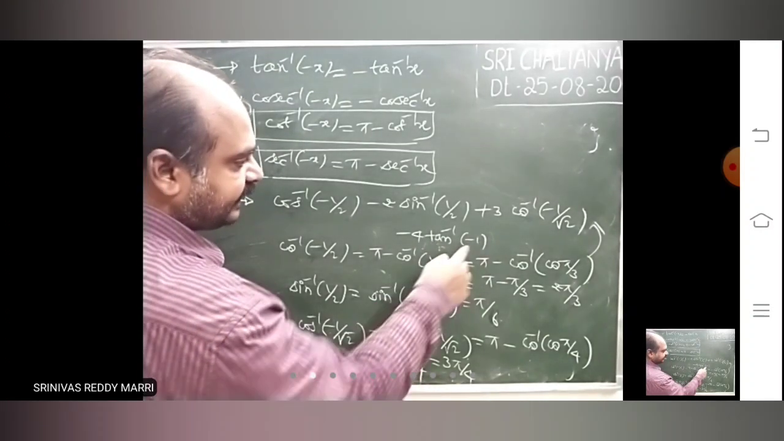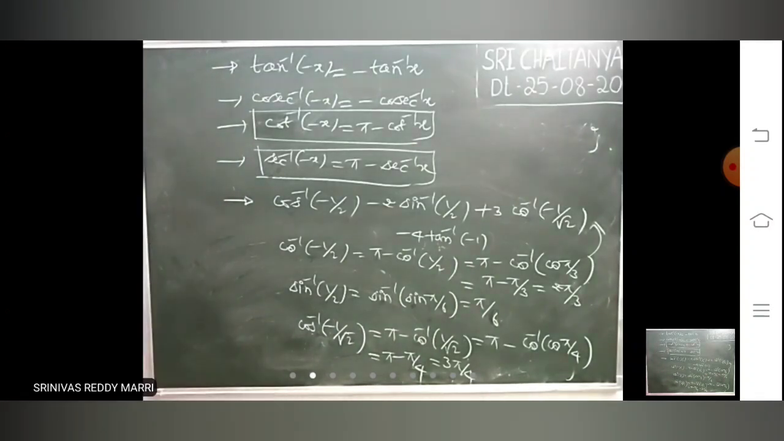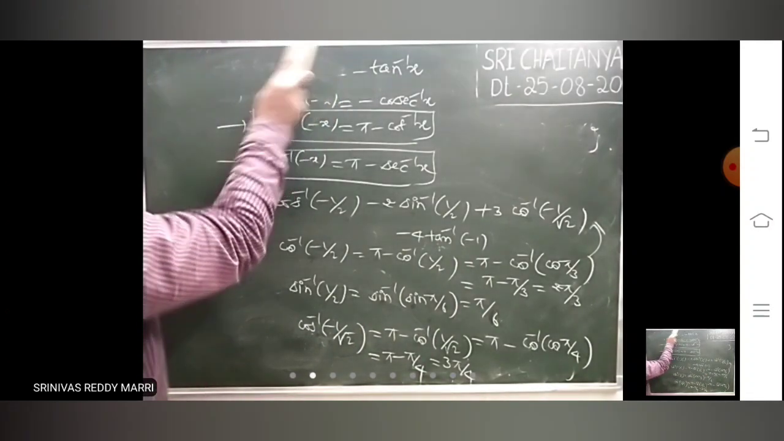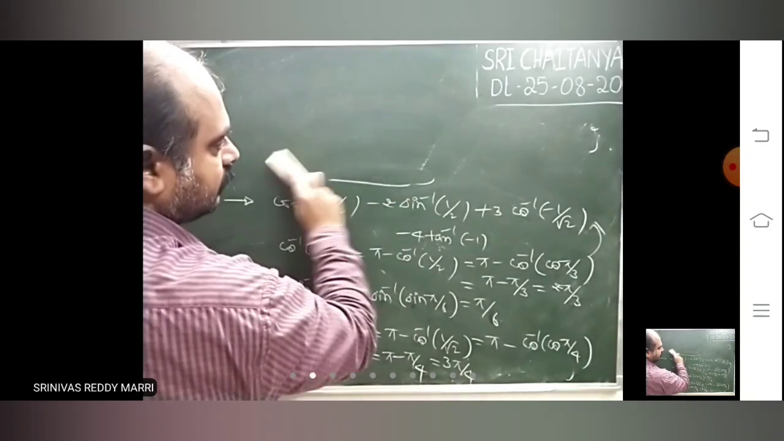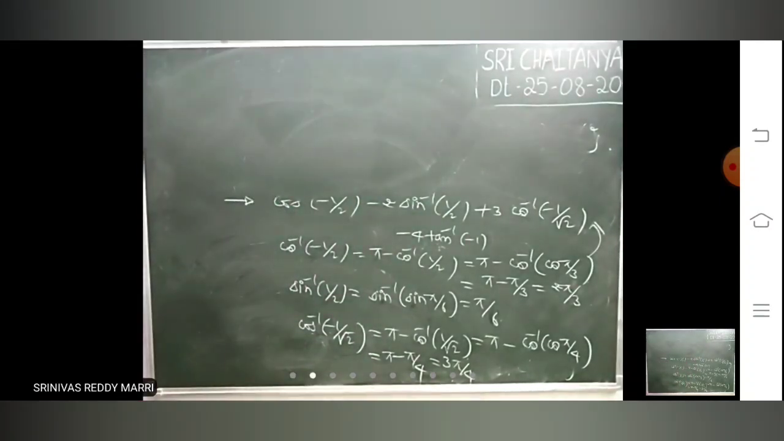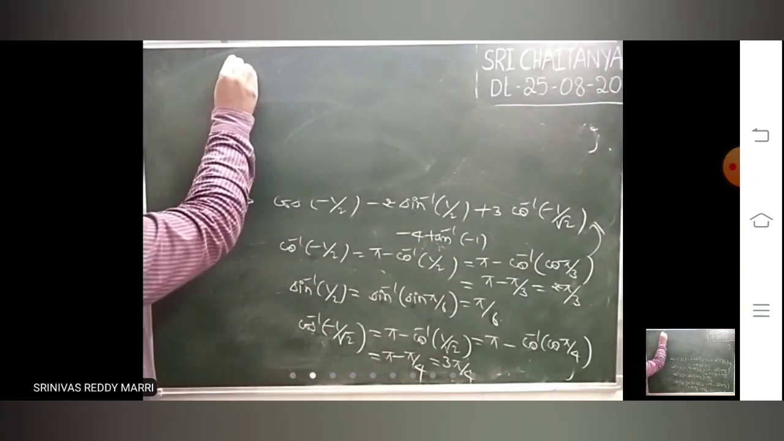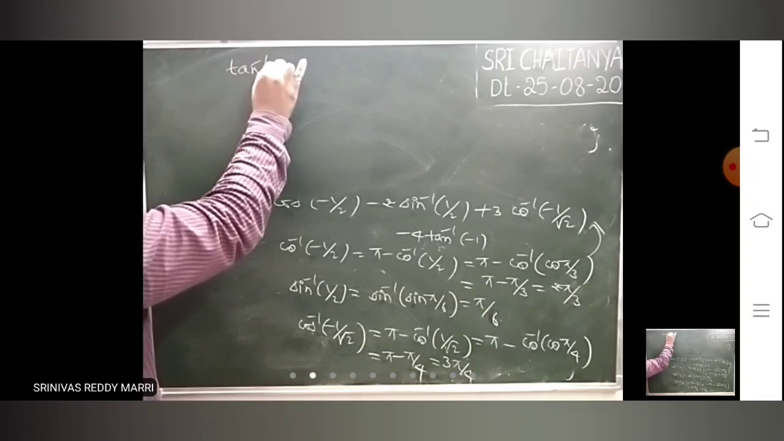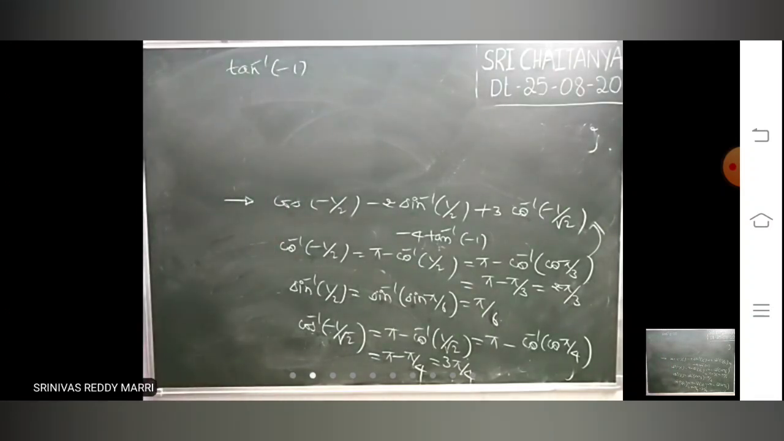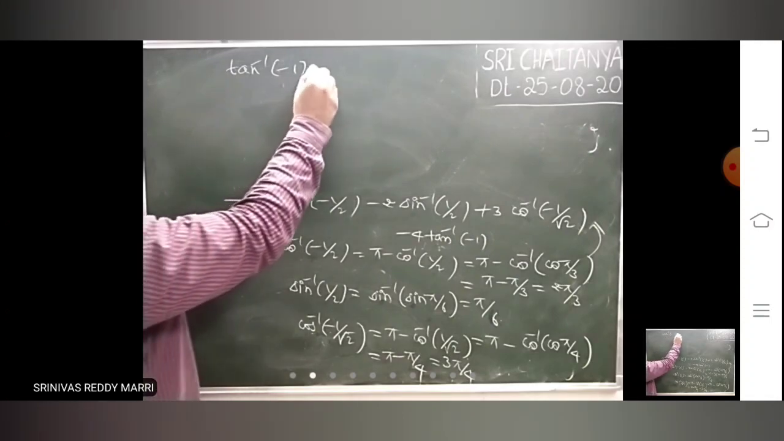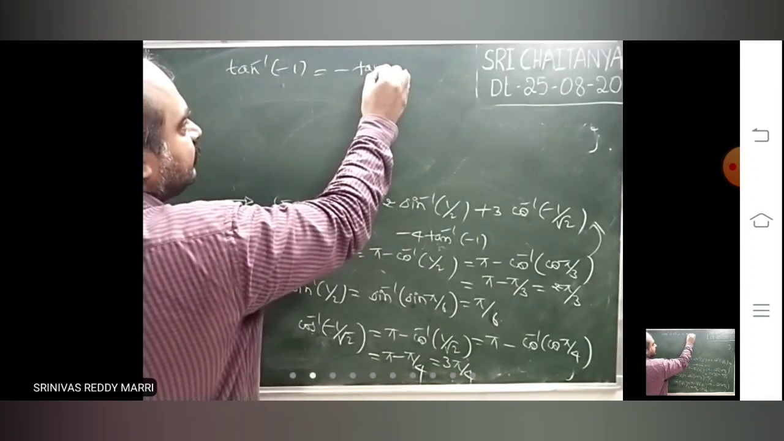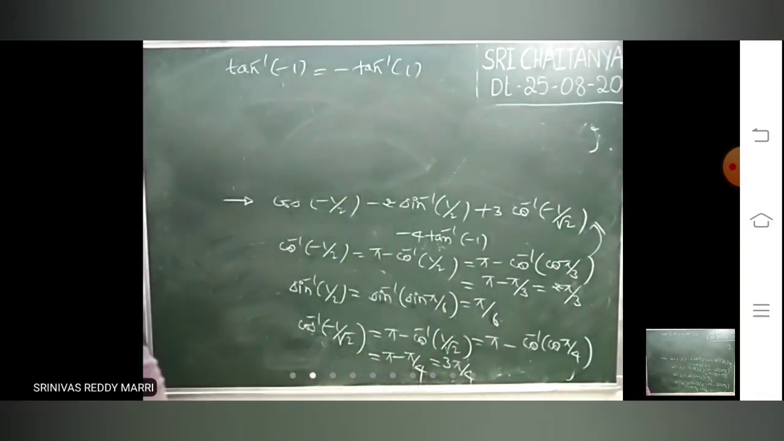So next is tan inverse minus 1. Okay. What is the formula for tan inverse minus x? Minus tan inverse x. Minus